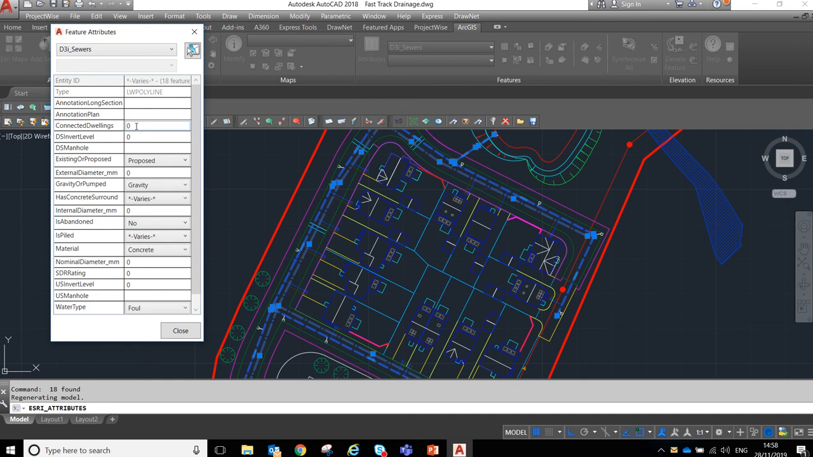Again, a lot of these properties will be populated by the software from comparing the microdrainage to the CAD plan. They're all proposed, they're all gravity, has concrete surround. Yes, they do. Internal diameter will be populated from microdrainage, is abandoned, no, is piled, no. We'll go for UPVC,